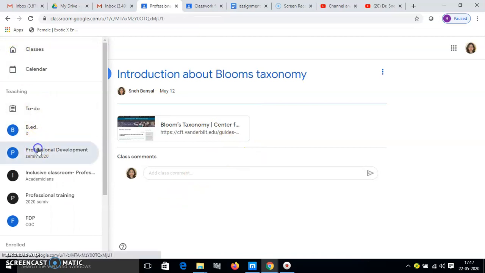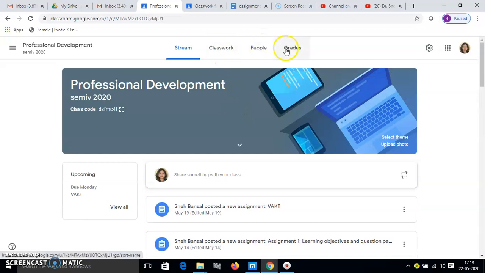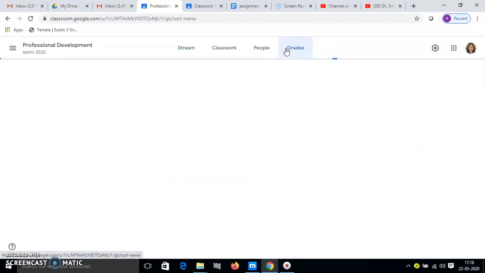Now I'm going back to this. Here, now what I want to show you is the grades. Whatever assignments I have given to my students, I just want to show you how it is going to look.